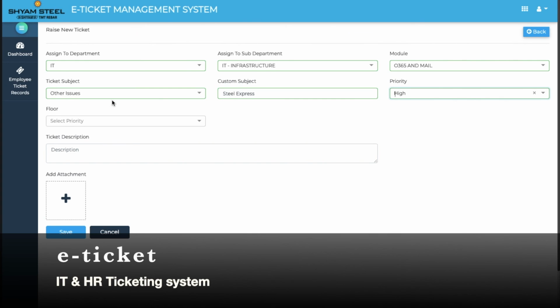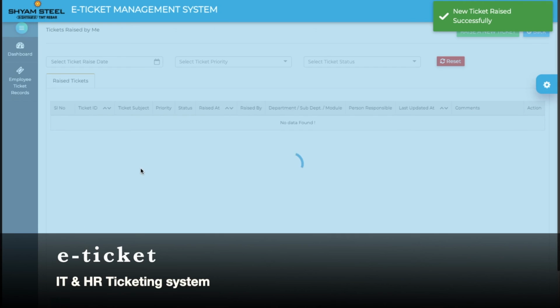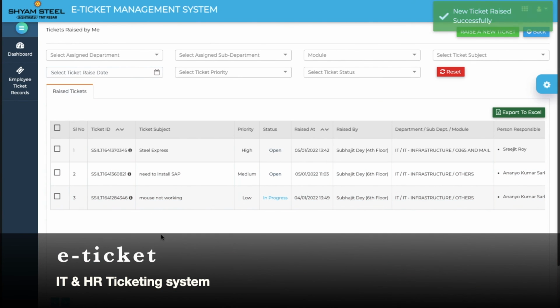I will put a priority of high. I will tell which floor I go to, and I have to write down the description of what I am looking for. So I am looking for opening an account of Seal Express for HR Ops team, and I will save it. You could have also given an attachment there.